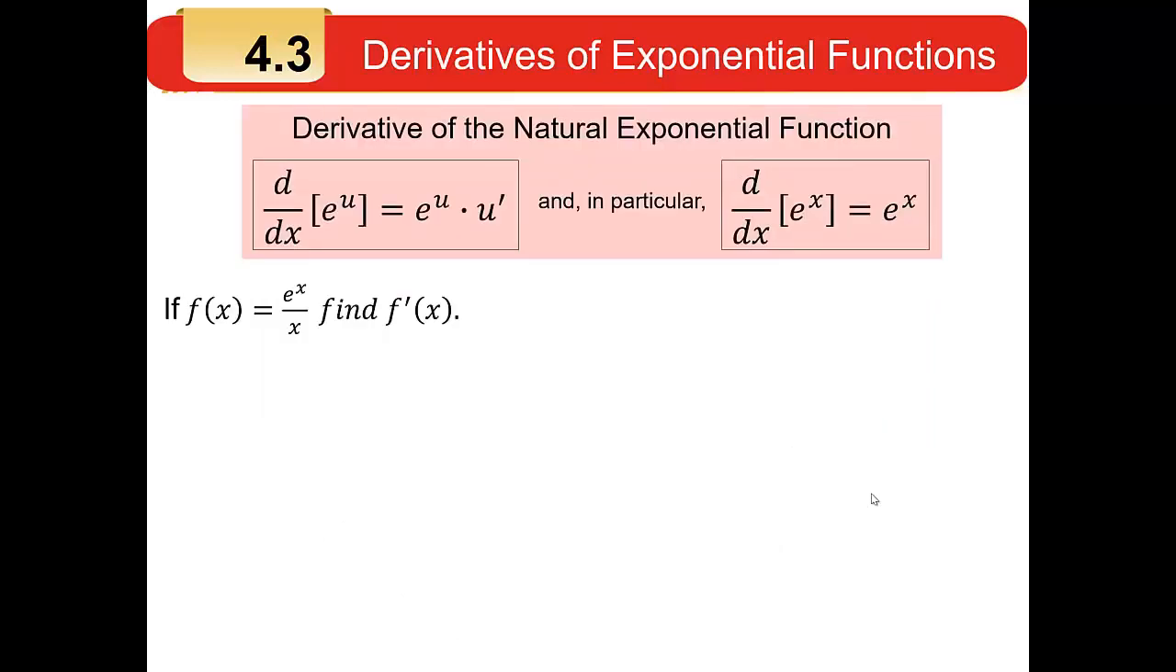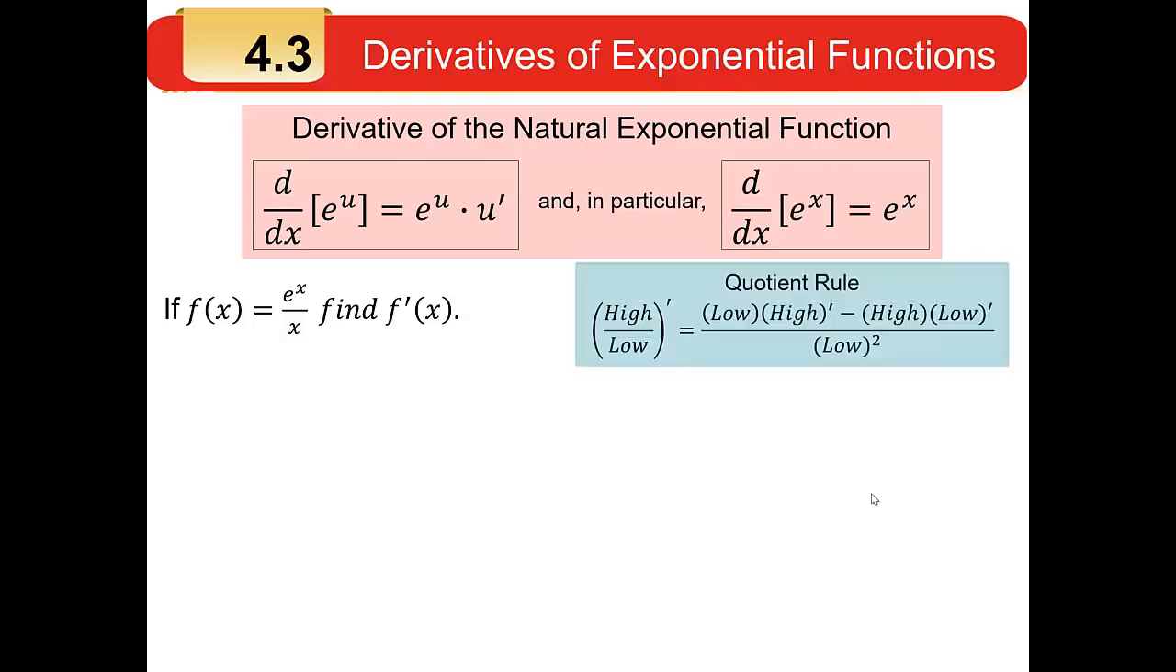What if f of x is equal to e to the x divided by x, and we want to find the derivative f prime of x? Well, this time you have an exponential in the numerator, but basically this is a quotient rule. So remember, the quotient rule, the way I think of it, is high over low. So the derivative of high over low is low d high minus high d low over low low, or low squared. So you've got low times the derivative of high minus high times the derivative of low